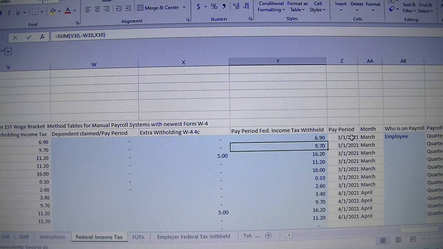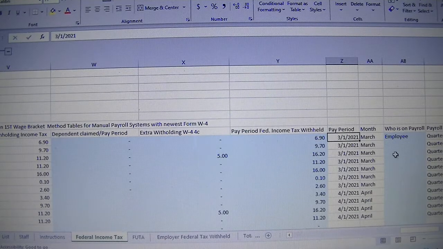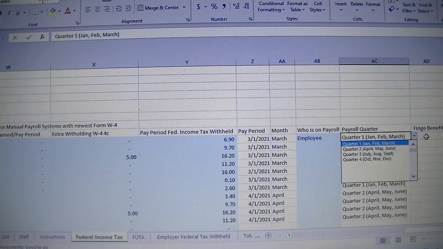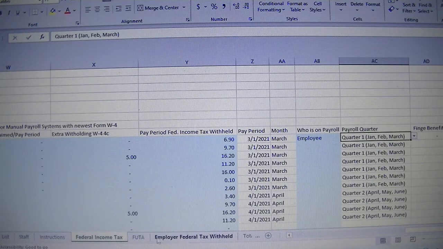And the pay period is March 1st, 2021. The month is March, and completing those will help the spreadsheet calculate some reports, some totals for you by month. And it is an employee, and that's Q1. So you have quarters to choose from so that things can pull out properly for you. So now let's go to